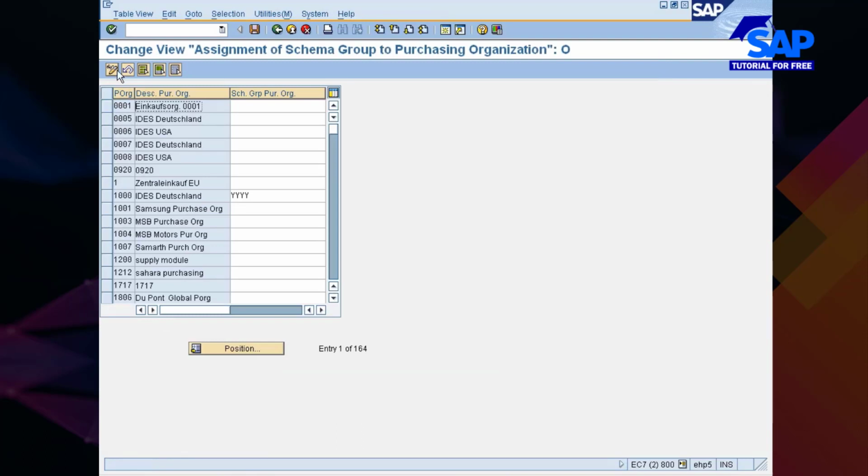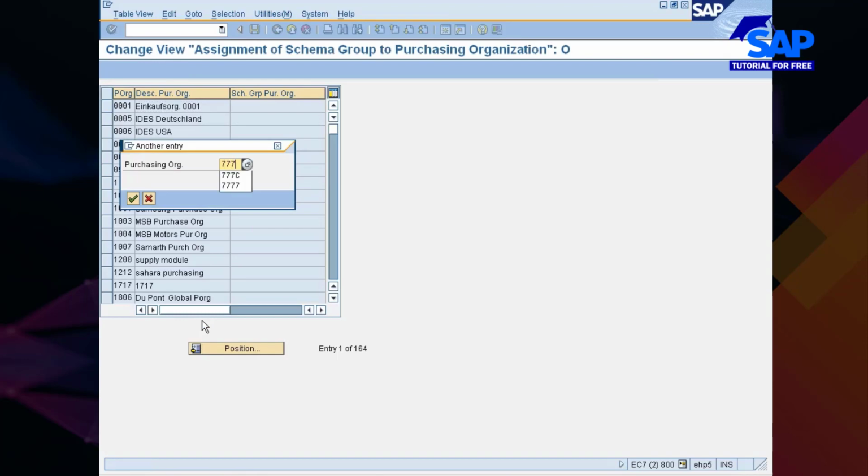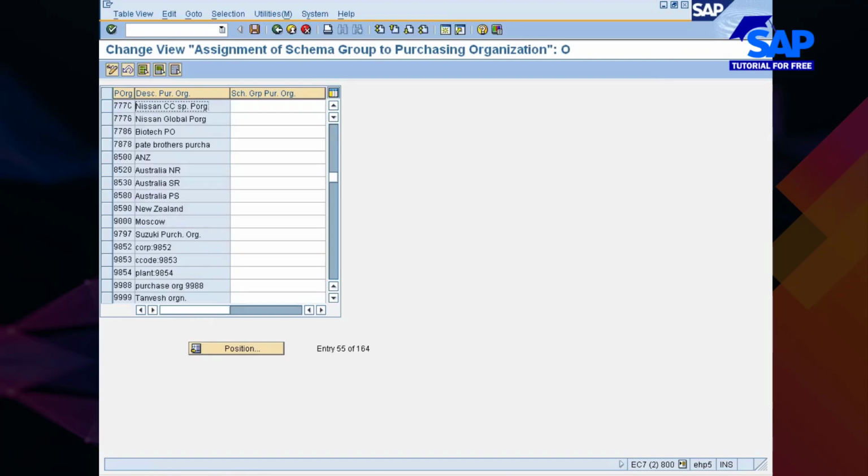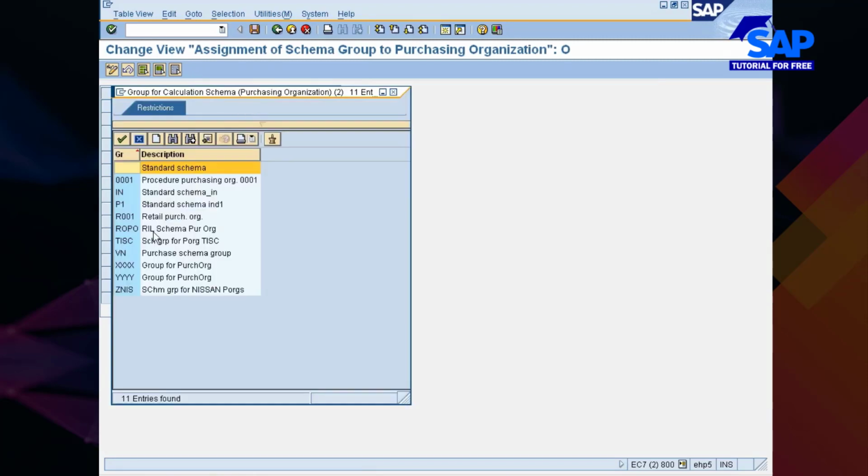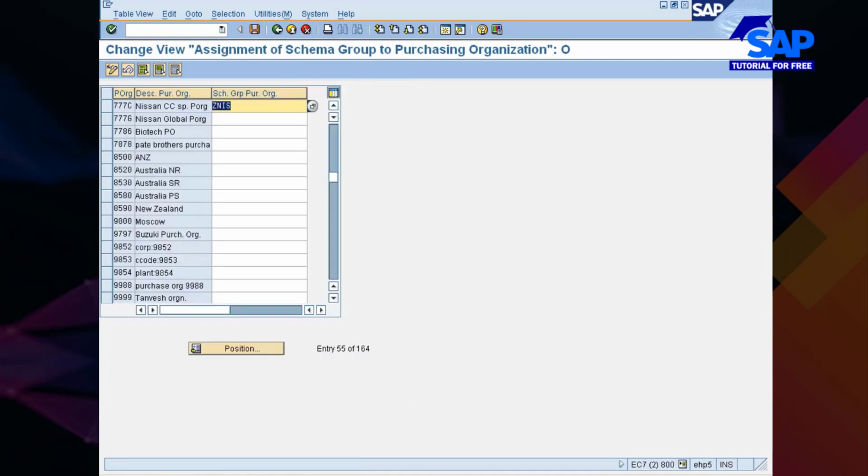So here I'm going to make entries for both of my purchasing organizations. You see here 777C, 777G. So here I'm going to maintain ZNIS. That's what I have defined just now, isn't it? So let me just go and pick up ZNIS for both of my purchase organizations.